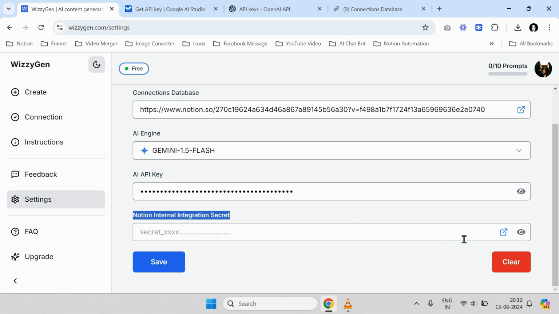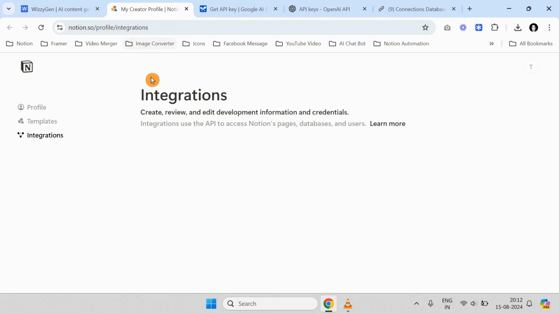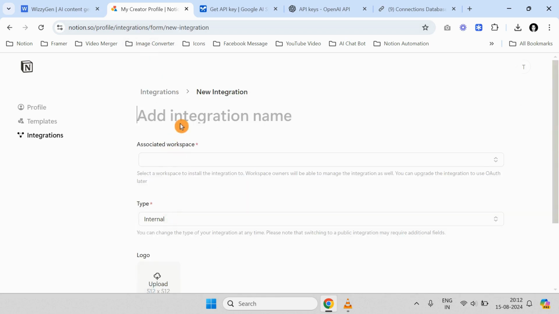We have again an icon over here, so we can click on this and it will open up the profile integrations, and from here we will create the new integration for our use. So click on this new integration over here and you can add a name. So let's say this is testing integration, or maybe you can just type in Wizzygen integration, and then you can select the workspace